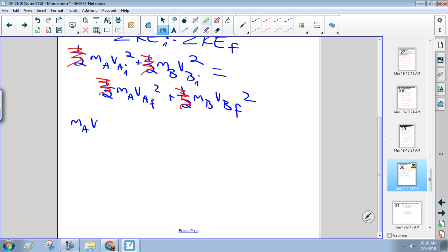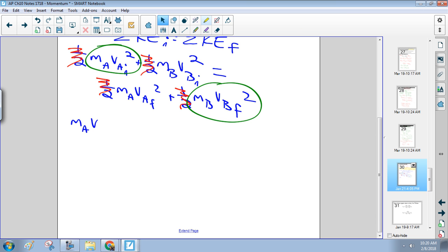No, I am going to put all the A's and B's on the same side, but I'm going to subtract V8. I'm going to move this one to the other side, and I'm going to move this one to the other side. Follow? For reasons that will be apparent in a minute. So I'm going to get